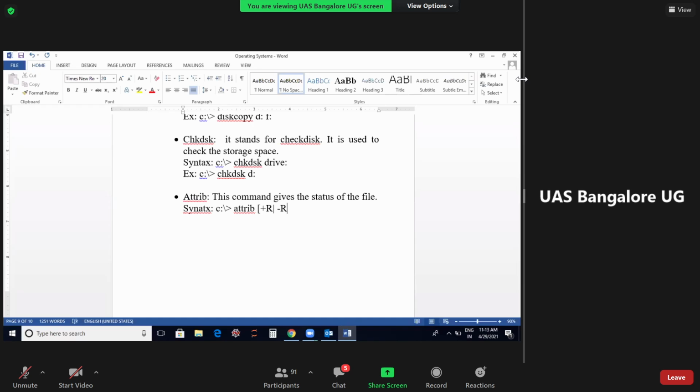I will show you only two, not more, because it should not confuse you. So the main basic ones I will show you. R stands for making the file readable, and for hidden, you use +h to make the file hidden. To remove the hidden attribute, you will use -h.